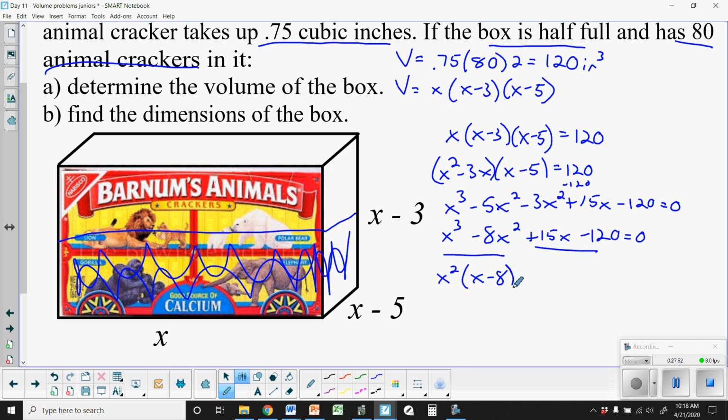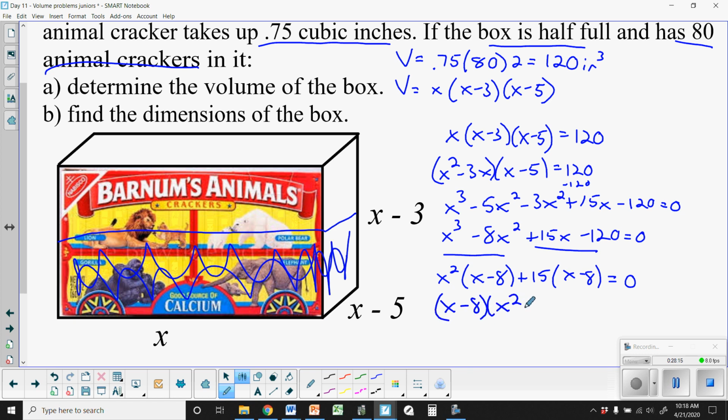All right, so is 15 times 8 120? Let's try it. 8 times 5 is 40. 8 times 10 is 80. So 80 plus 40, that's 120. All right, so let's take out the 15, and it'll be x minus 8. We have x minus 8,